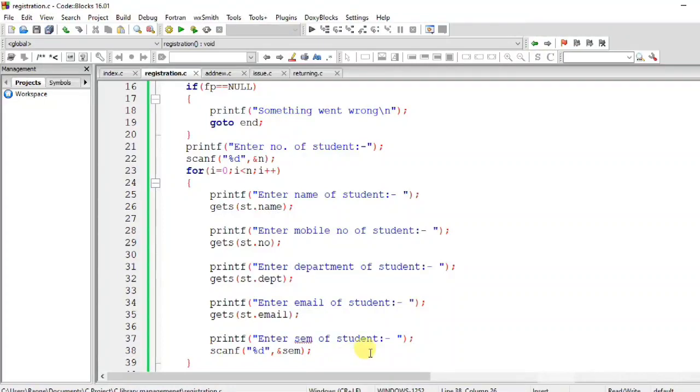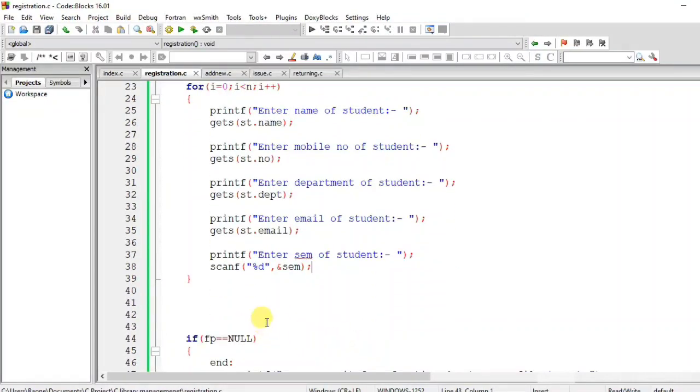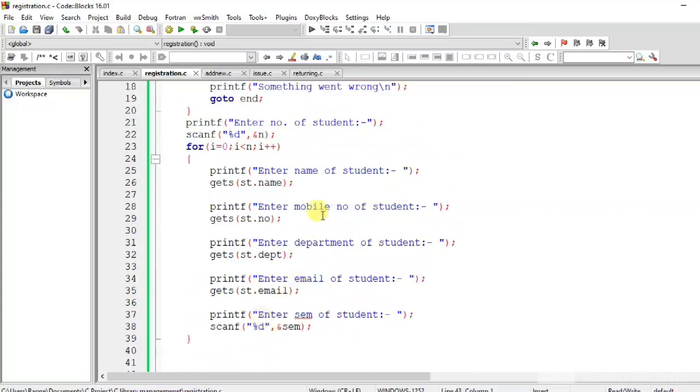Till now we have inputted the data of a student, but it is not saved in our memory. To save it, we have to use some functions like fprintf. fprintf is a function which is used to store the value inputted by the user, or created by our function, in our file. So we are using fprintf, with our pointer name, that is fp, our pointer, and